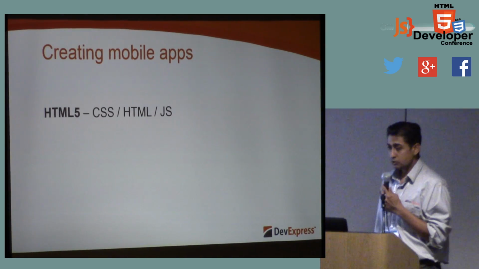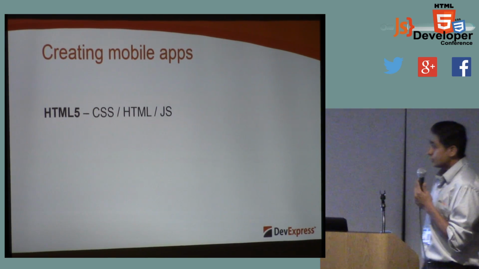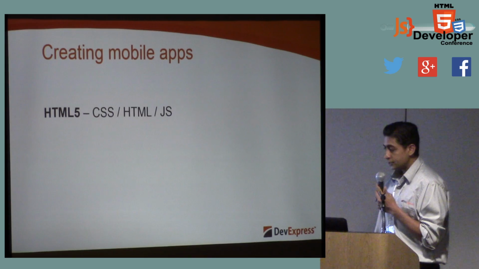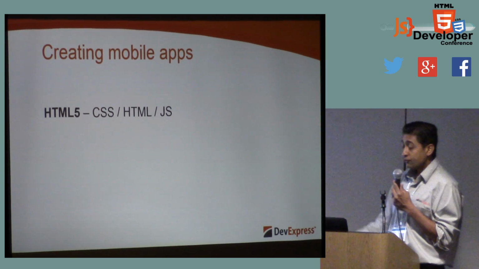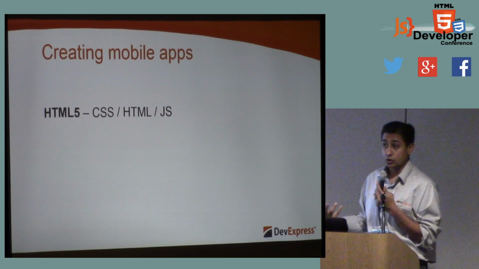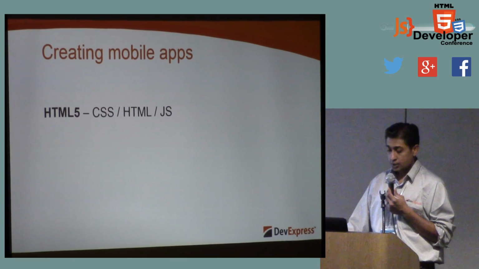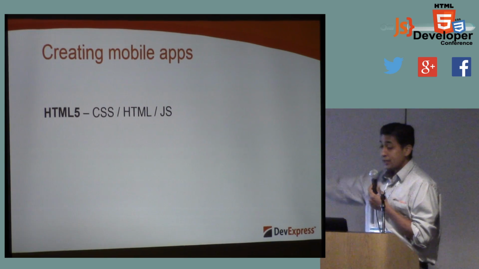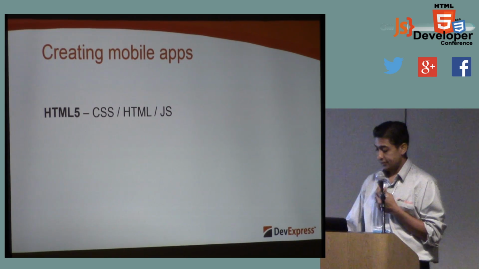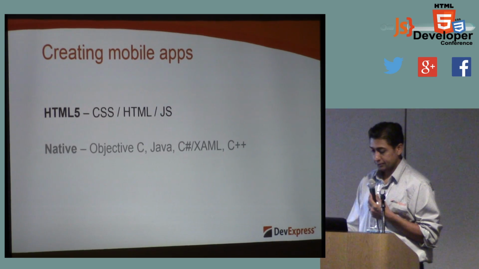So you have some choices on how you create these mobile apps. Now, you can do straight HTML5, which is just CSS, HTML5, and JavaScript. That's fine. That's called a mobile site, right? You can make it look like a native app, but it's still going to run in the browser. So the benefit here is that you're writing HTML5. Great. The downfall is that you don't really get a native experience.